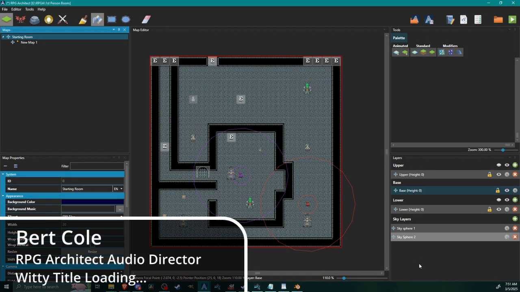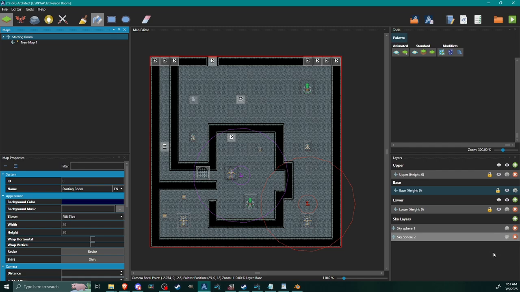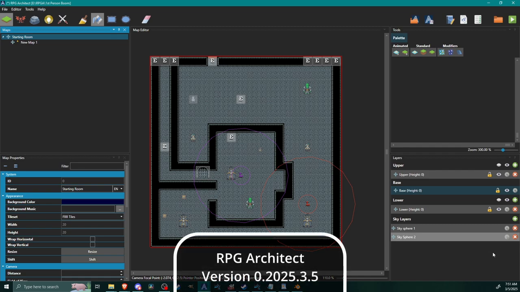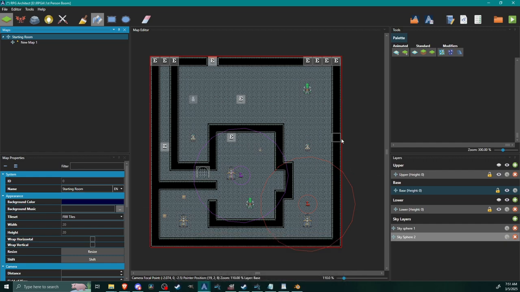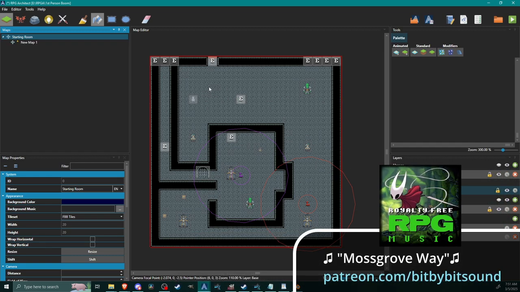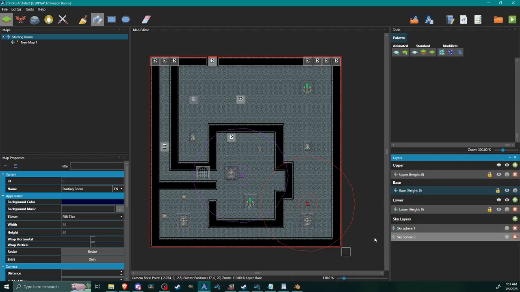My name is Bert, and today we're going to be covering a fairly quick and easy one for you, but it is also a super important concept, and that concept is load times. Now, we've been keeping our maps pretty small and concise, so we haven't really run into any load times. Also, we haven't really gone from map to map, so you haven't seen them anyway, but that's beside the point. But if you were to do some larger maps with a lot of entities or 3D models on it, you might encounter some load times when switching from map to map. So we're going to go over how you can mask that, or how you can hide that a little bit